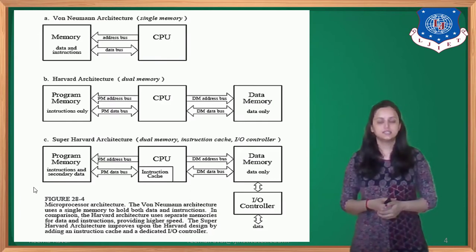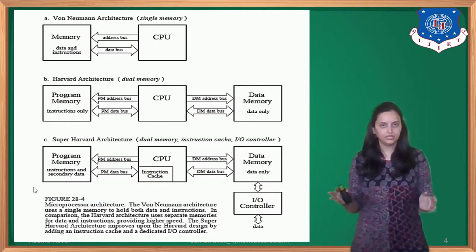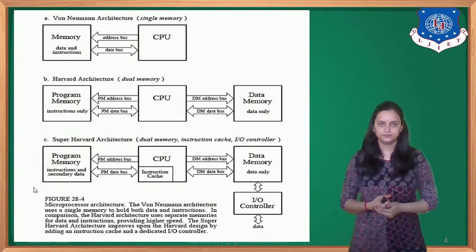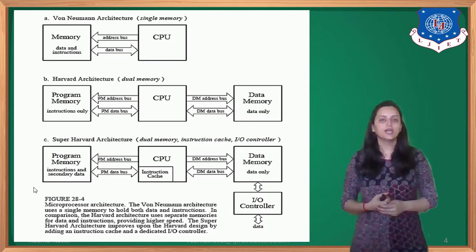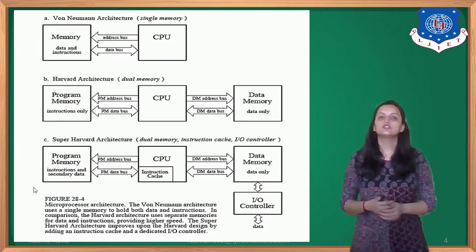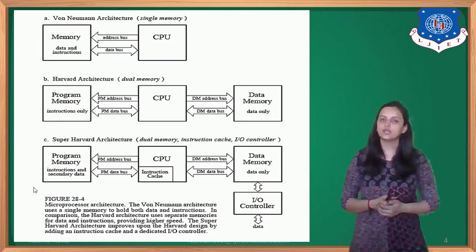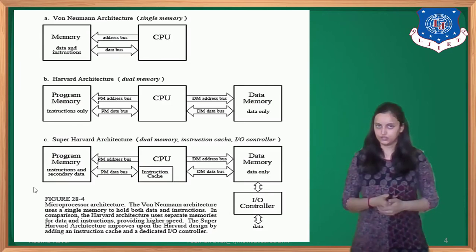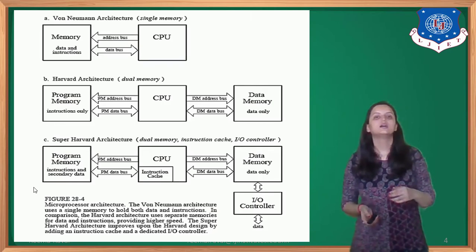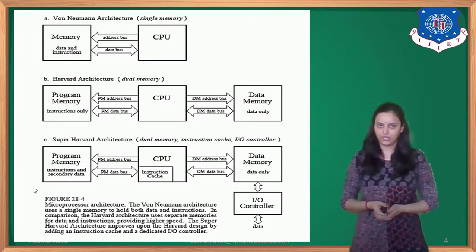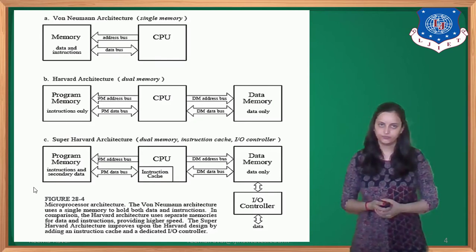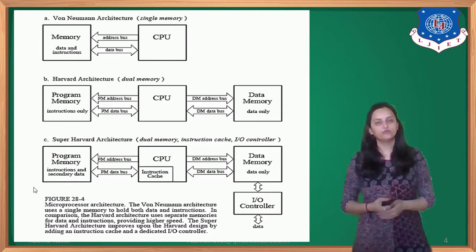Here in the center, the CPU is there. The CPU block is in the center between program memory and data memory, each with a separate data bus and address bus. As you can see from the figure, the data bus is bidirectional, and the arrows for the data bus are indicated bidirectional. That means the data bus provides bidirectional communication from CPU to program memory or program memory to CPU. While drawing this architecture, you have to keep this in mind.